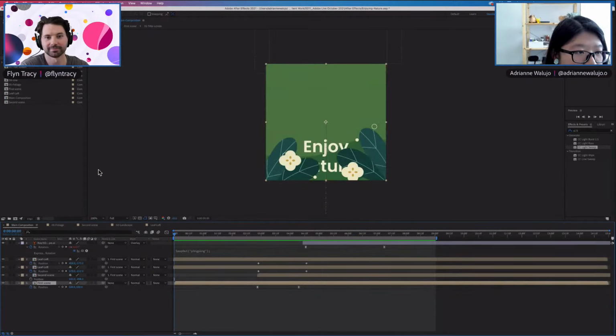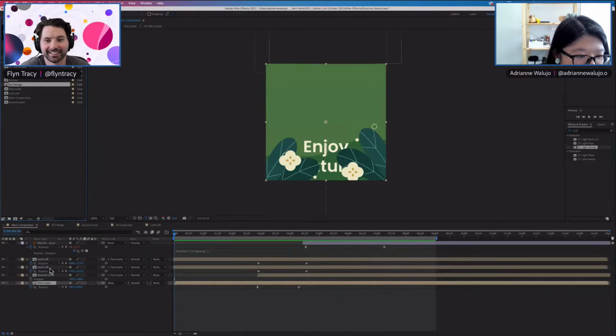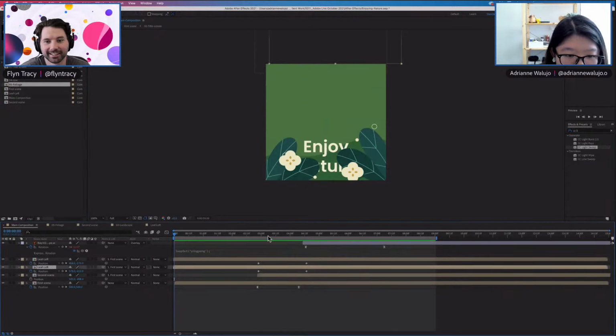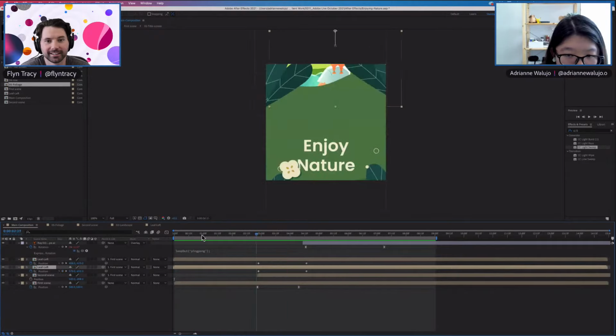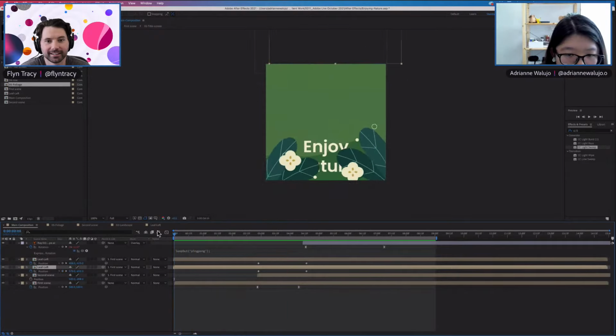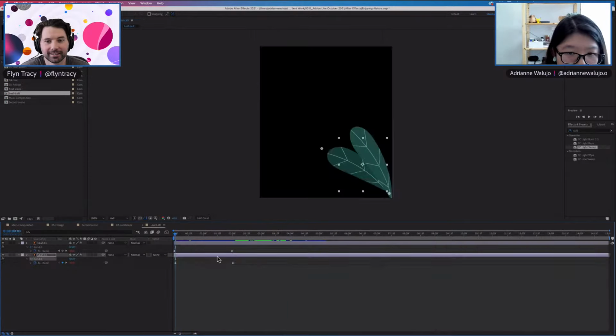So for instance, I duplicated a lot of different elements, like the leaf. I have this composition where it just has the leaf, and I think I showed it in previous streams, but I like to bend this.